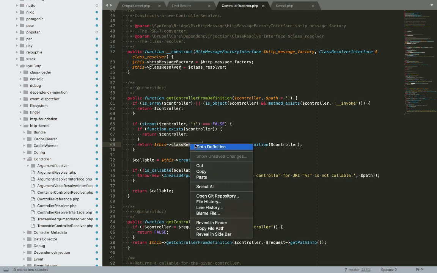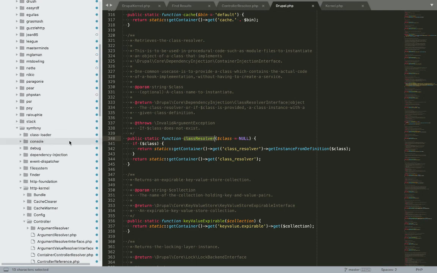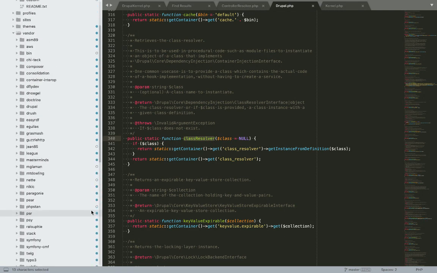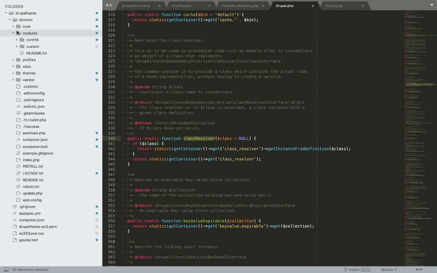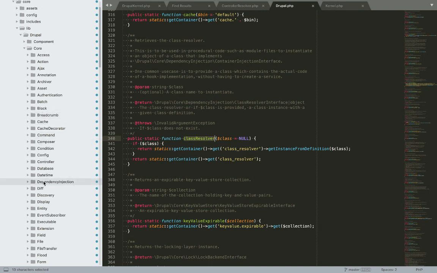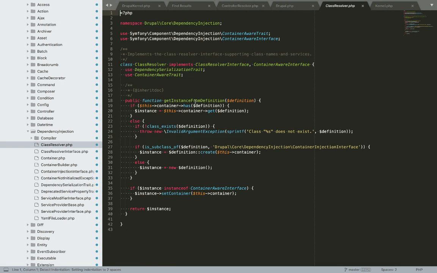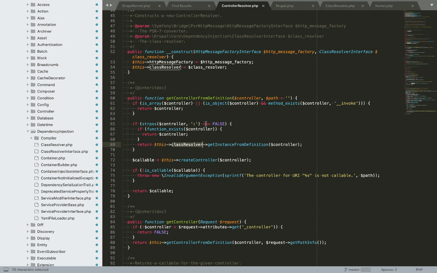If I go to this get resolver function, and to this definition, which is inside this dependency injection class resolver, this class resolver is used by the controller resolver in order to identify which controller it should call.